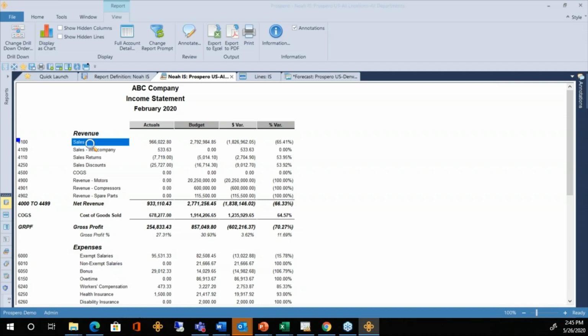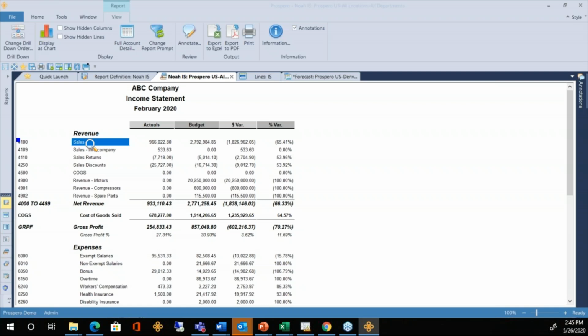Now, keep in mind that the reporting piece with Prospero, you can buy that separately from budgeting. The reporting piece will have a connection to your general ledger. You could buy budgeting all by itself and not have a connection to your general ledger, or you can buy them both together. So you'd have budgeting with the connection to the general ledger. Really powerful if you do that approach and get everything together in one application with that automatic integration to your GL.